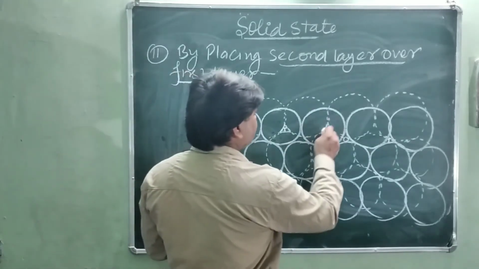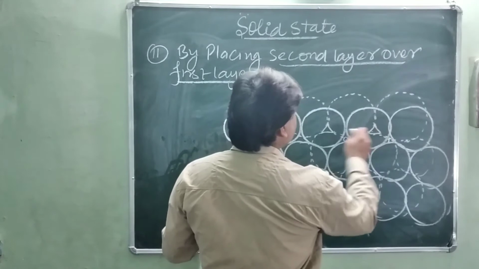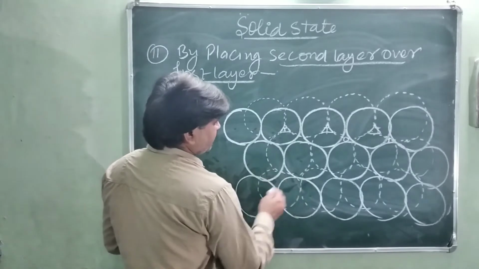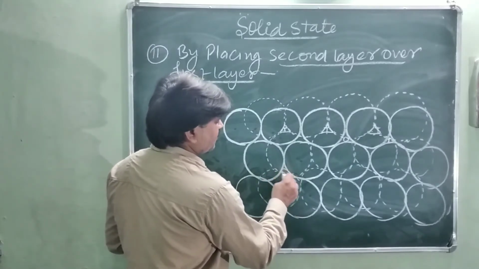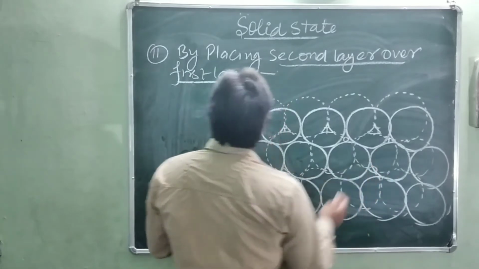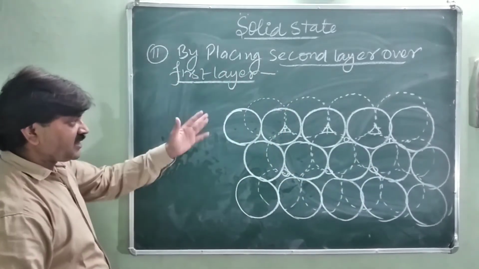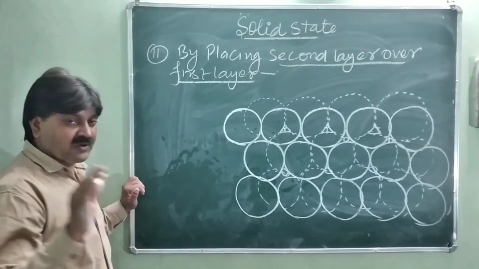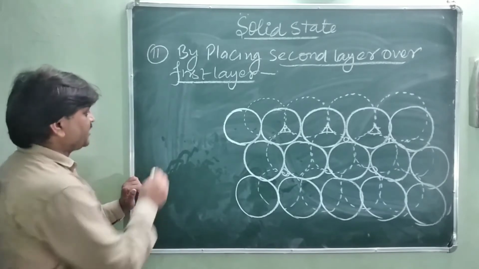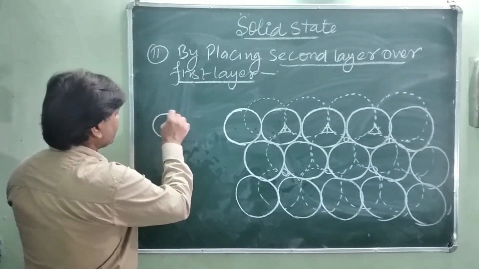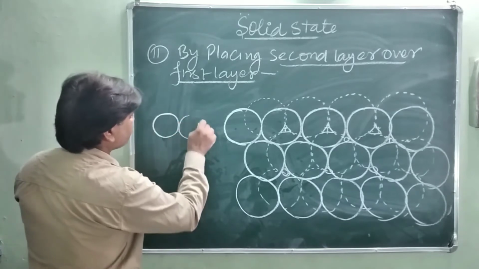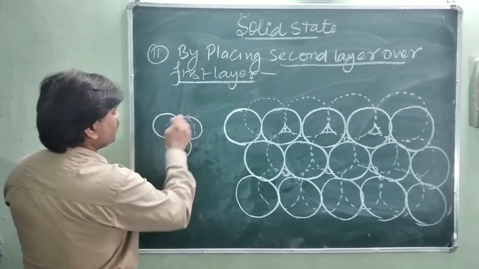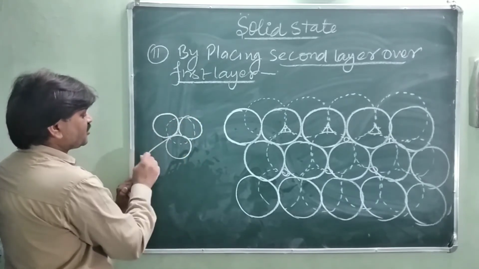So you will see here this is T type of sphere shown here, and the second one 1, 2, 3 and 1, 2, 3. This is O type, octahedral type, of sphere created. So I am going to represent separately the tetrahedral and octahedral void. When the tetrahedral void is created, the void is created between the 4 atoms, just like in this way, 1 atom, 2 atom and 3 atom, and when another atom is placed over this, the vacancy created between them is called the tetrahedral void.